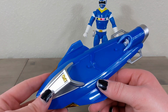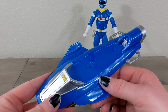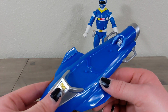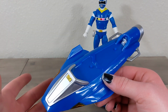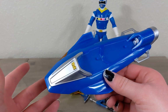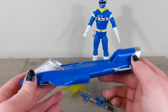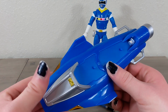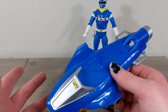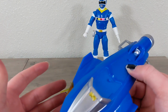I'm just less inclined to want the ones that whole teams have, because that means Hasbro is probably going to want to try to sell everybody either with the vehicles, or they'll sell everybody like they're doing here already and then sell us again with the vehicles, or somebody will be missing a vehicle, because right now TJ's alone. So I think that if Hasbro leaned more towards individual vehicles, like Rangers that only have one unique cycle, so like SPD Omega, perfect, he has that cycle, it's only his,